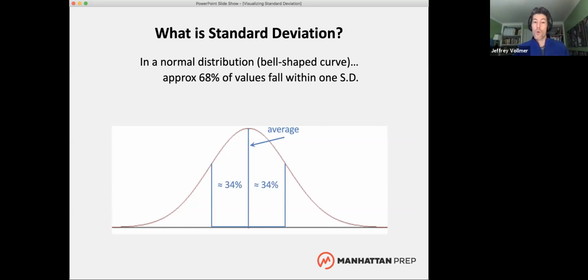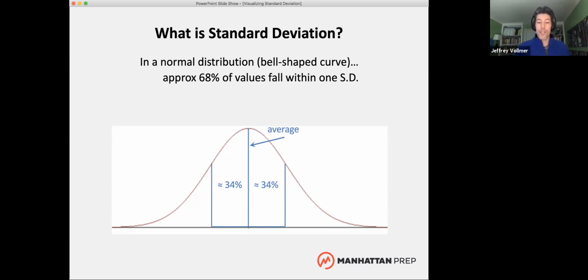Normal distributions are always symmetrical, but not all symmetrical distributions are normal. A normal distribution is a very special type of symmetrical distribution. And we're going to look at data sets today that just aren't even symmetrical in the first place. So